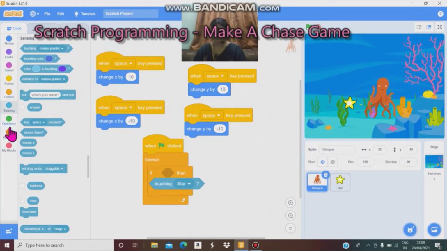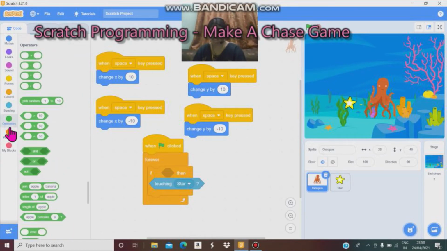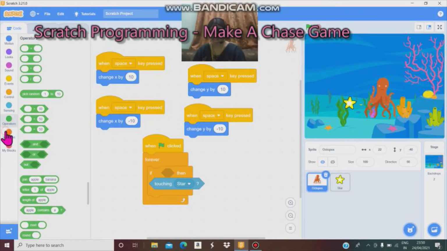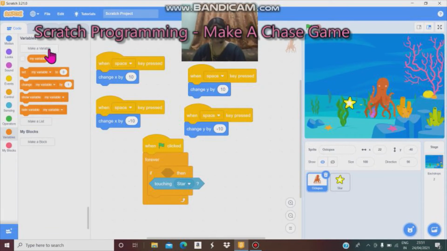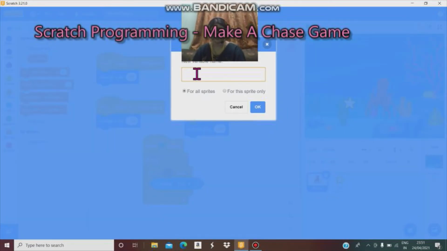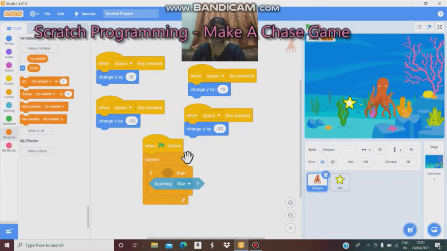Then go to variables blocks, make a variable. Here you have to type score. Type score and give OK. Then drag change my variable by 10.